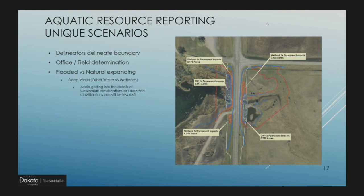So if it's a flooded situation and there's no fringe wetland, map the high water line, or if there is a fringe riparian wetland, map the wetlands like normal. Do your best when you get to the office to try to determine where the deep water habitat is, and so the lacustrine and the palustrine sort of separate. But I won't get too caught up on NWI and Cowardin classifications, because a lacustrine system can still be less than 6.6 feet. But like I said, just do your best at separating out where you feel, because